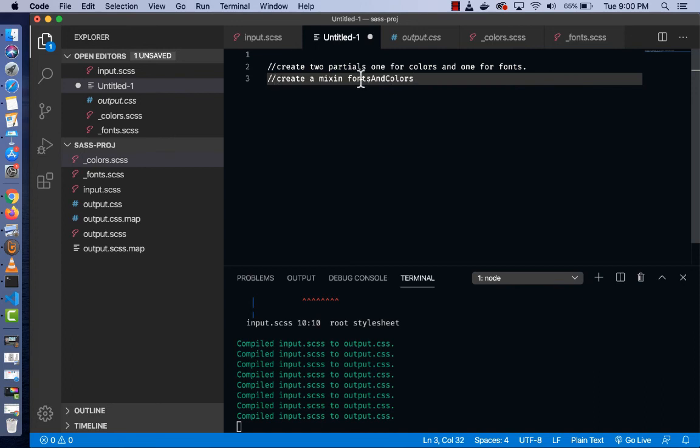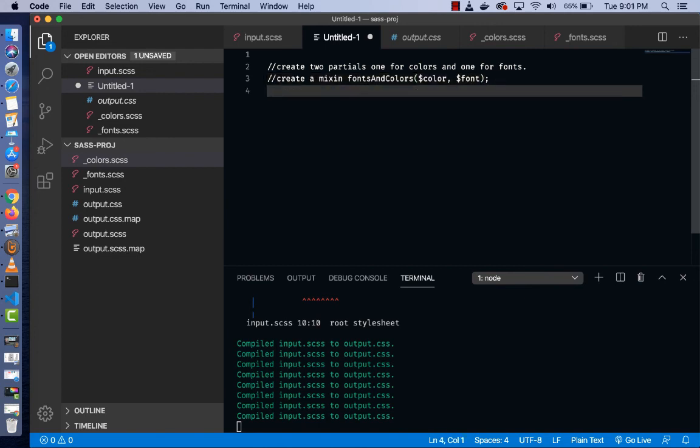Okay, it is what it says, and it takes two arguments. One is the color property, and second is the font property. So I can pass red and Helvetica, and it gives me a combination of both. Okay,